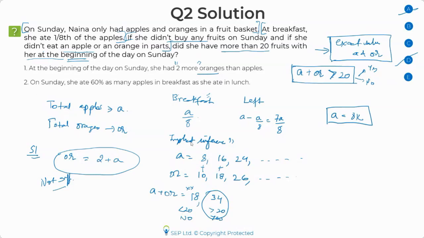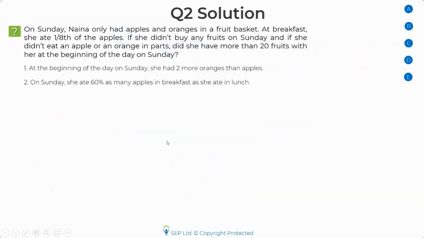Okay, so let's go to the next part. Now, the second statement is an interesting statement, and I deliberately gave this because this kind of language, like as many apples as, basically this form, as many as, is sometimes used, and people end up making a lot of mistakes. Okay, so I want to first of all show you the generic way. What does the statement mean?